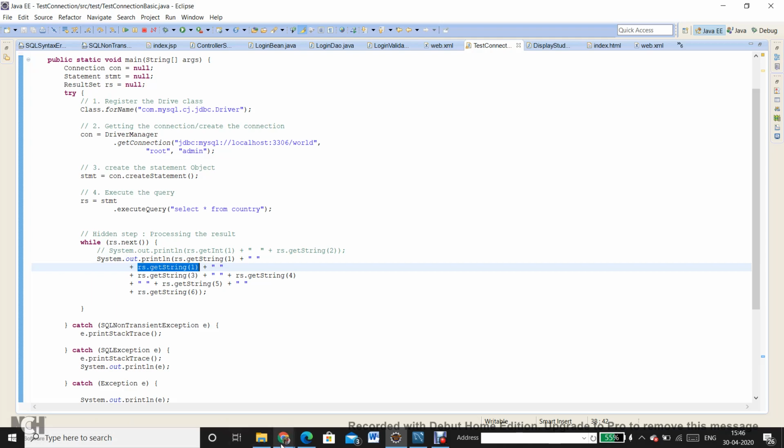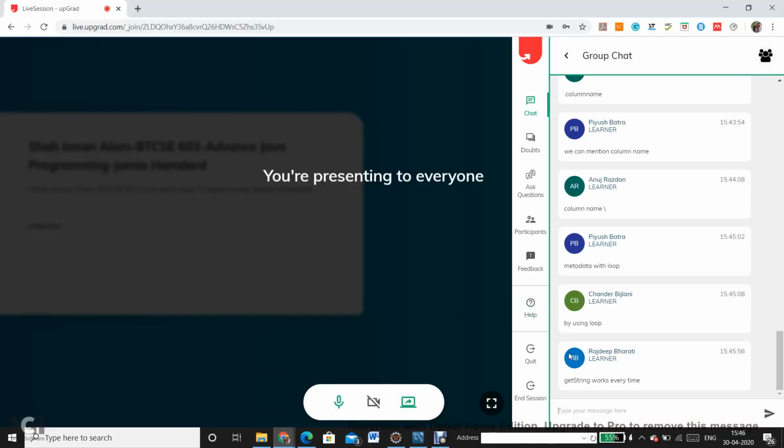Any ideas, guys? Yes, Rajdeep, I told you that getString works every time, but the opposite is not possible. So getString is something you can always use, but still, is there any other method that you can see? What you can do is type rs, the result set variable name, then put a dot operator and Ctrl+Space and see what other methods similar to this are available, and let me know if there is any other method which can serve the same purpose.